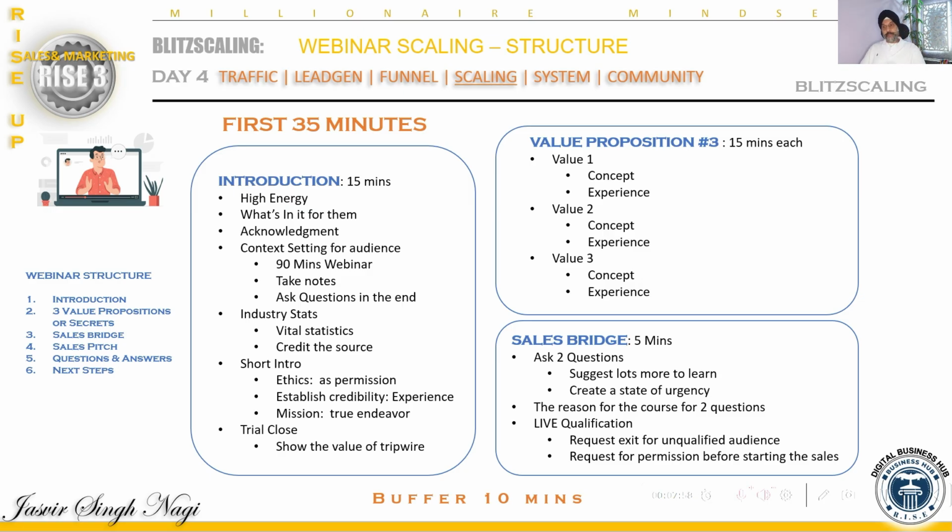Now once you introduce the tripwire, you add your value propositions, right? The concept and the experience. This is typically those three secrets that you revealed. You talk to them, and now this is how you're starting your selling process in a particular way. Okay, so you're talking about the concept, you're talking about the experience you have for that concept, right? And what others have experienced with this kind of a concept.